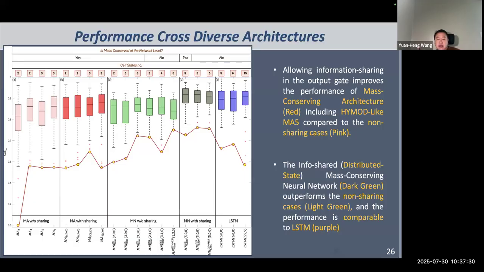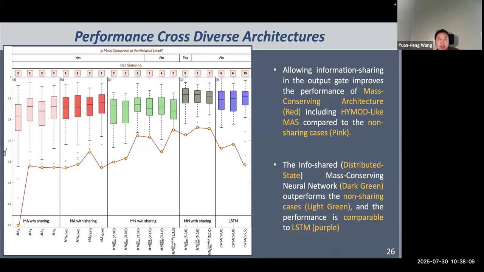But for this HIMA-like MCP architecture, although it can outperform our MCP neural network without information sharing, it cannot really outperform the MCP network with information sharing as well as the LSTM. And I think this is because those hydrological models, the tanks, are arranged in such a way that they have so much physical regularization, it is so strong, so it cannot really outperform the neural network, which has more